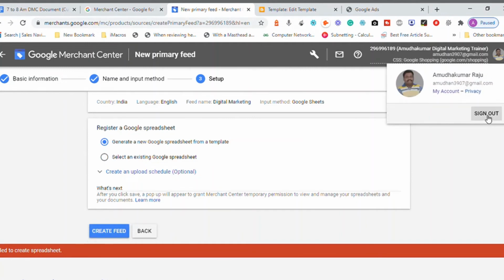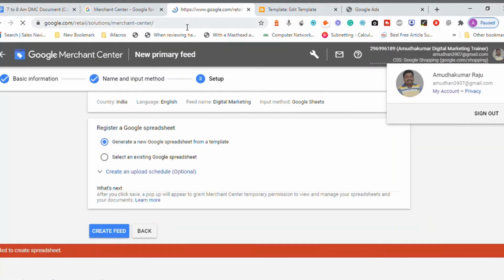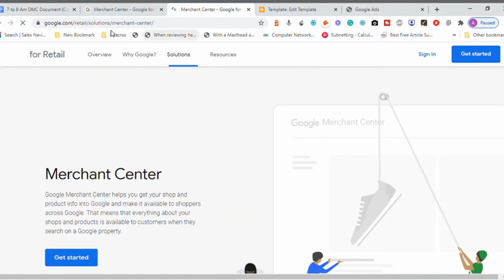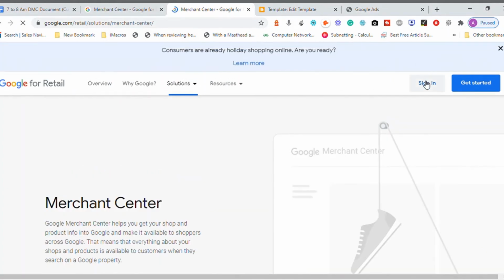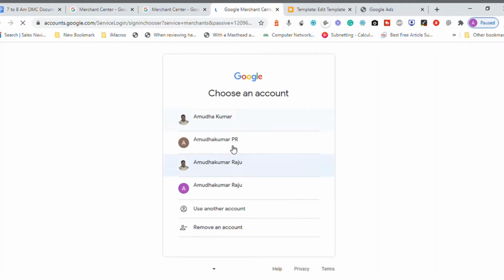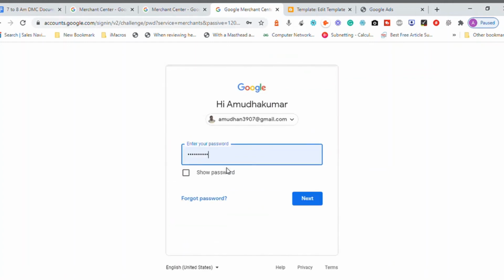Let me try signing out. Okay, I did this. Let me sign in and see what happens in Google Merchant Center. So this is the Amazon 3907 email ID that I'm using.